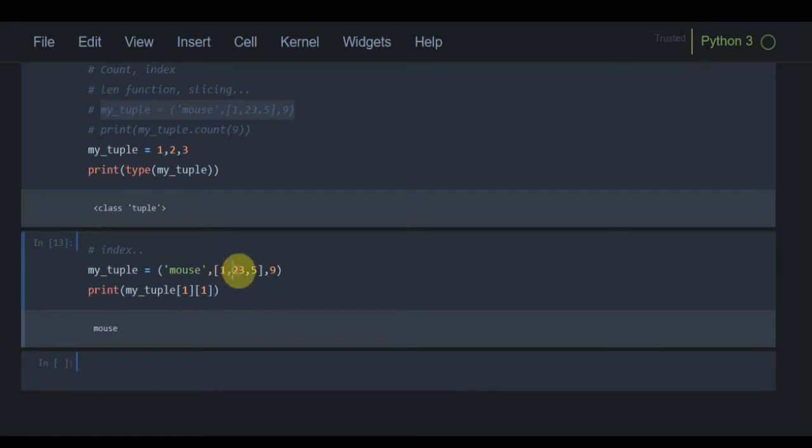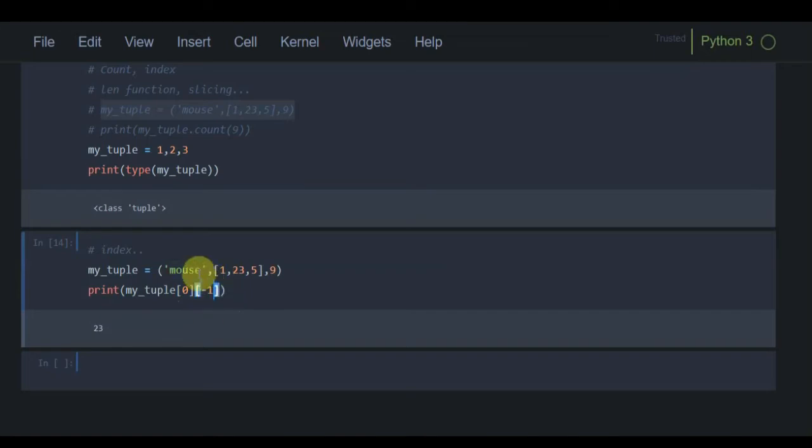If I run this program, you can see 23 is appearing at the output. All right, now we can also apply negative indexing in nested indexing. How can we do that? Suppose I am considering this string and I want to print E. Instead of writing the last index, I can directly write -1.